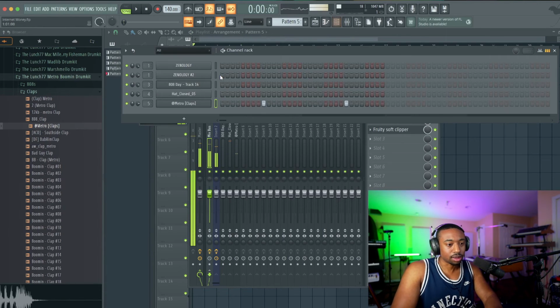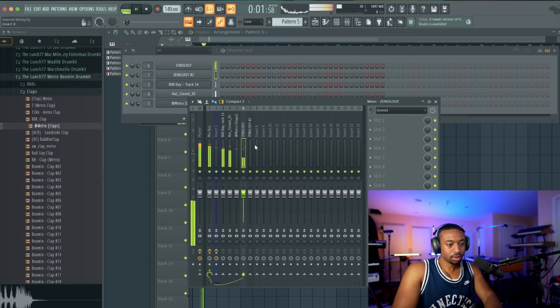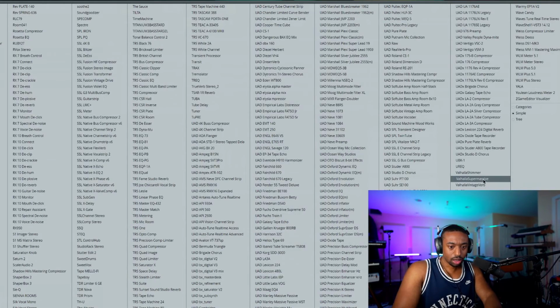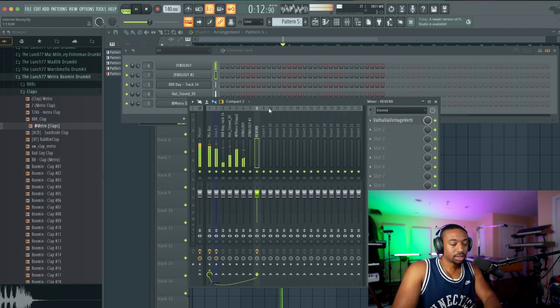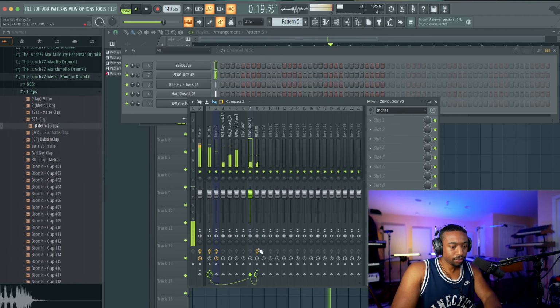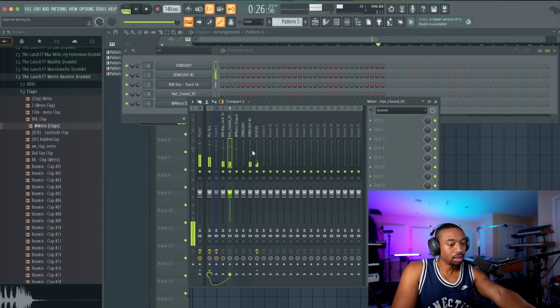Let's start sending stuff to the mixer, because we want to send these guitars to a different track. I'm gonna create a reverb. You don't have to do all this work, I'm just doing this for the video. Valhalla. And you will get the project files for free, so no worries. Let's send the guitars to the reverb, just so they fill in more space. Again, this hi-hat's usually one of the loudest elements in the leveling.